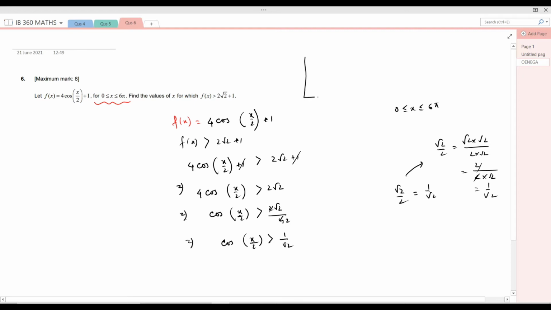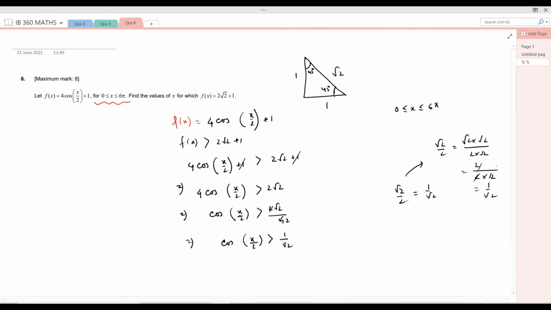Another thing: if we try to find out any right-angled triangle, then you will get to know this fact. If this side is 1, this is 1 and this is √2, then this angle is 45 degrees, and for that particular triangle, cos 45 gives you 1/√2. Now from this we get the idea that cos(x/2) is greater than 1/√2, so the angle is smaller than 45 degrees, the cosine value is greater.